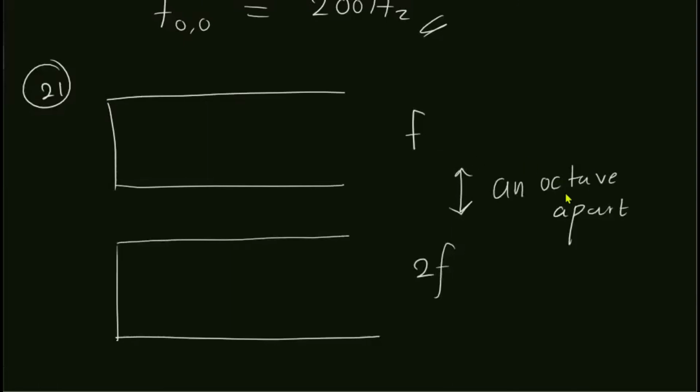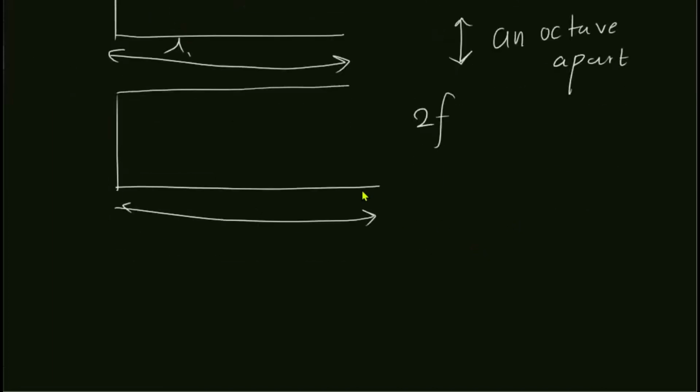So assume now they have not given the word octave, and then they have given the phrase that the frequency of one tube is double the frequency of the other. Somehow, when it is an octave apart, the frequency produced by one tube is double the frequency produced by the other tube. Let's assume this is L1 and this is L2. They have given the lengths L1 and L2, L2 let's say 62 centimeters or something, and L1 was 30